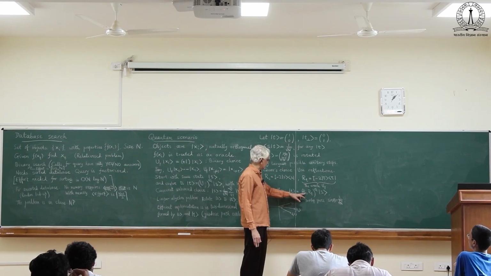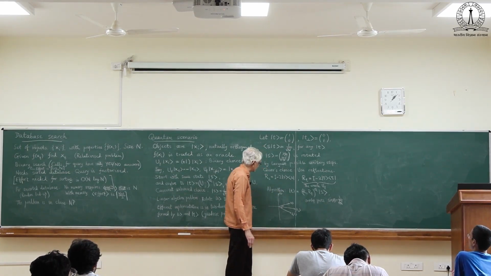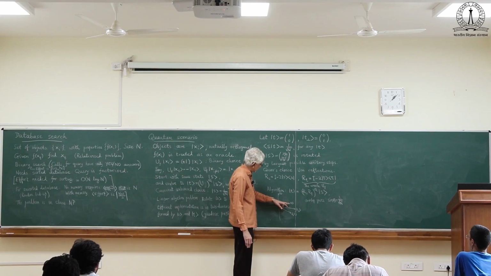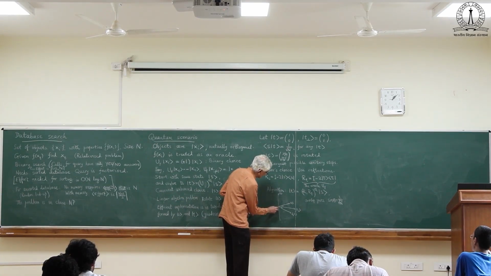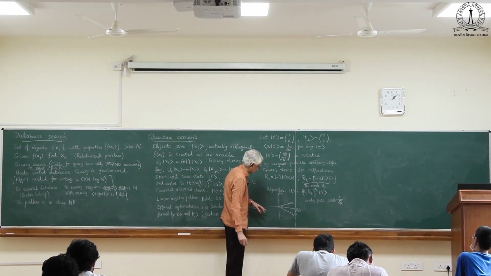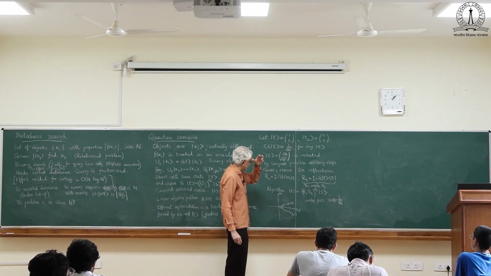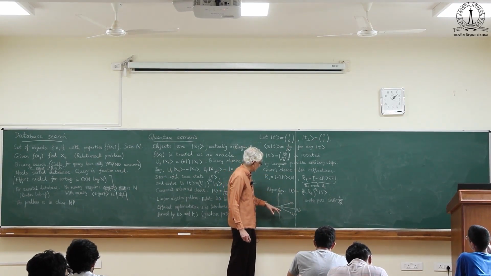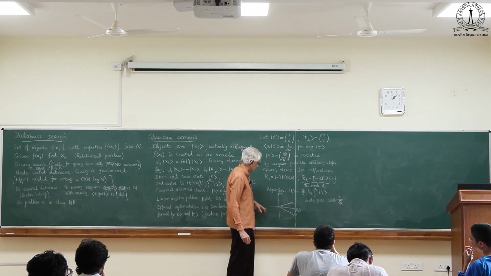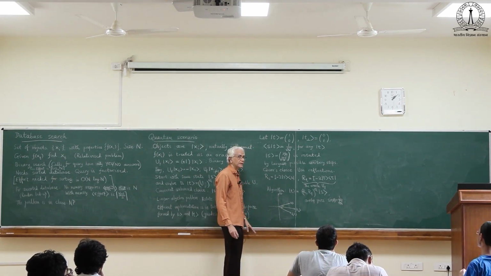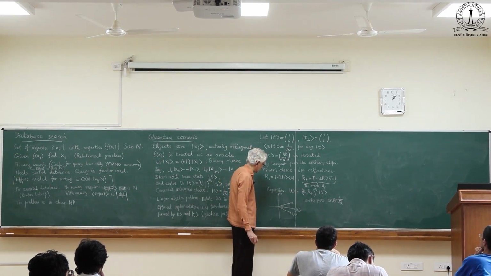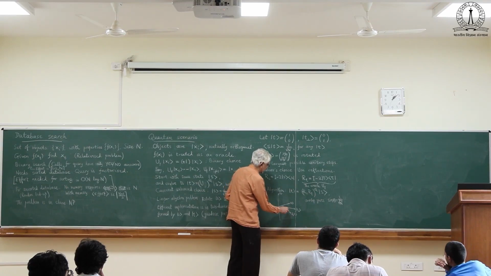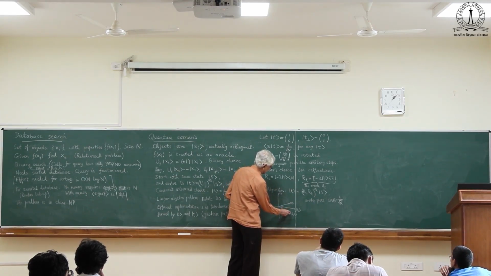Now I act by RS. Its job is the same, that component along S will change sign if I apply RS, and the perpendicular component will remain unchanged. But I put a negative sign in front, so let me do this. So the component along S is